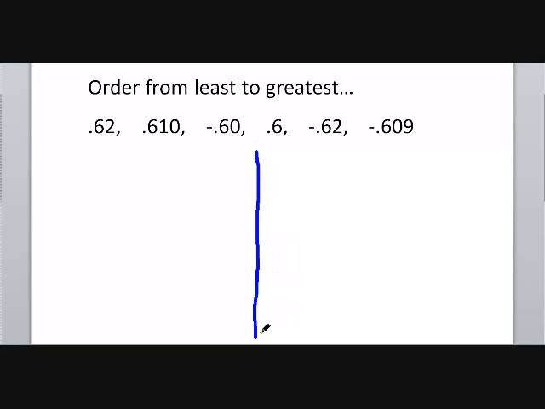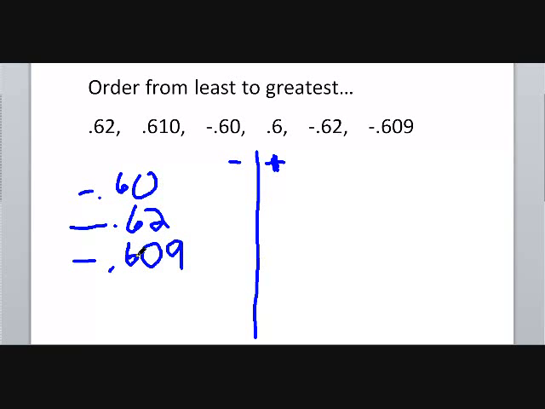I've drawn a line down the center of the page, and I'm going to label one side negative and the other side positive. And on the left-hand side where I've got negative, I'm going to put all of my negative numbers. I've got negative 0.60, I've got negative 0.62, and I've got negative 0.609. On the positive side, I have 0.62, I've got 0.610, and I have